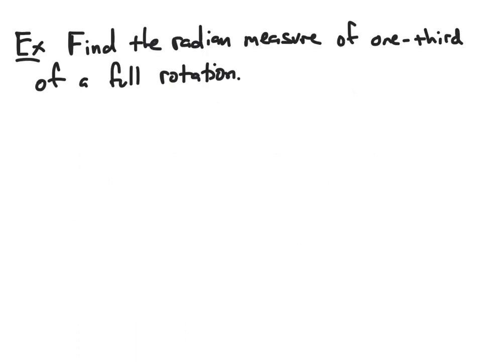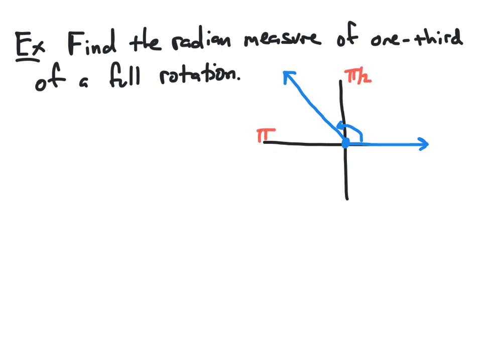In this example, we want to find the radian measure of 1/3 of a full rotation. So if we start by graphing this angle, we know if we put it in standard position with its initial side on the positive x-axis, 1/3 of a rotation will be somewhere around here. And so this is the angle that we're looking at measuring in radians. Notice that it is going to be between pi over 2 and pi radians, because pi over 2 radians is the angle that points directly up, and pi radians will be the angle that points directly to the left. So these are a lower bound and an upper bound for